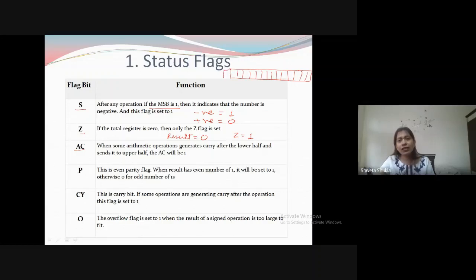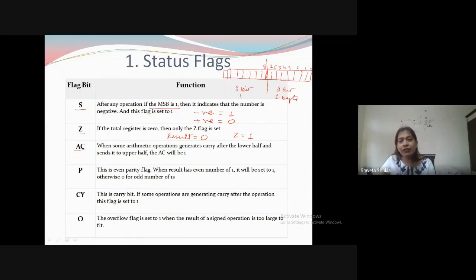Just assume that they are 16-bit: 1, 2, 3, 4, 5, 6, 7, 8, 9, 10, 11, 12, 13, 14, 15, and we need one more, that is 16. If you start from 0, 1, 2, 3, 4, 5, 6, 7, 0 to 7, let's divide it here. That means this is the lower 8-bit on this side and the upper 8-bit on this side, or you can say that 1 byte is here and 1 byte is here.